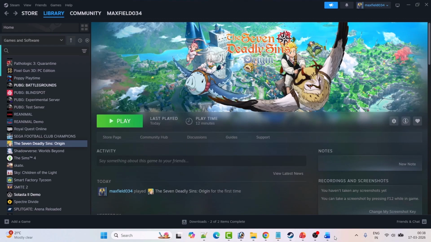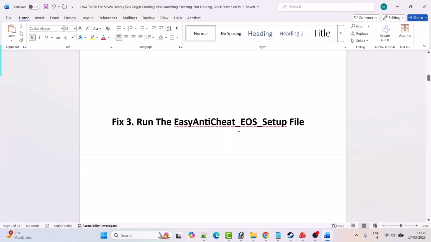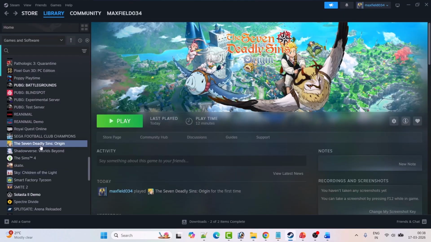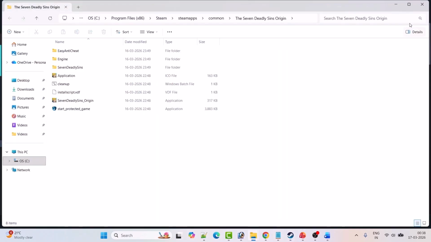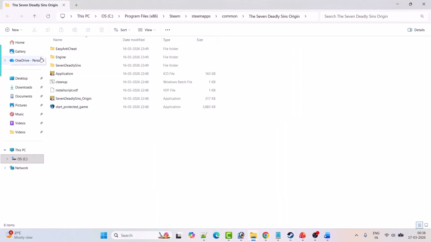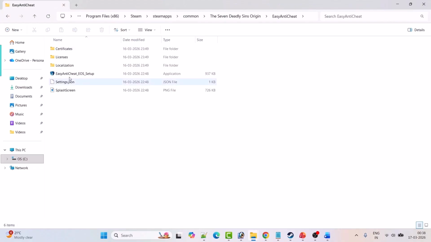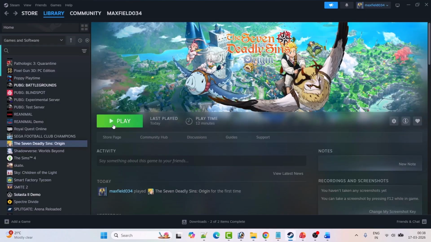mentioned in this video. Fix 3 is to run the Easy Anti-Cheat EOS setup file. So open Steam, go to library, right click on the game and then select manage and then click on browse local files. It will open the game installation folder. Open the Easy Anti-Cheat folder. Here you will see the EasyAntiCheat EOS setup exe file. Just double click this file. A blank window will open and then it will close, and then you can go ahead, launch the game and